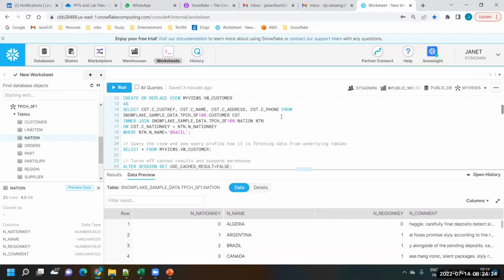Select the required fields. Whatever the user requires: the customer key, customer name, customer address, and phone. He wants only contact details, so I'm ignoring the other fields like account balance, market segment, and comments. I'm selecting only these fields from